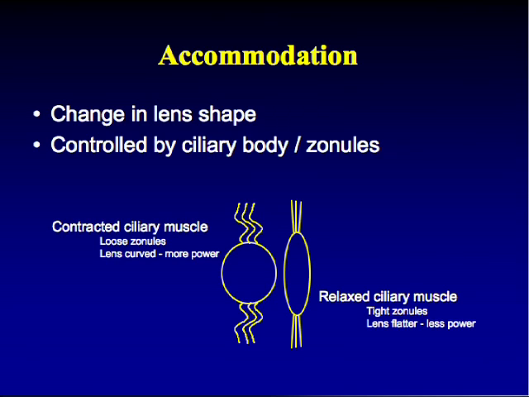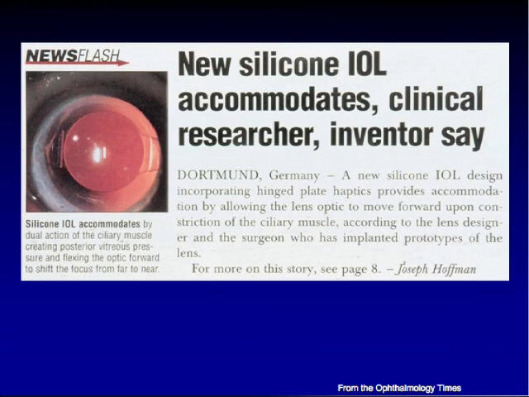That's one way to gain accommodation. Now, there is potentially another way to gain accommodation, which we don't use, but some animals do. And there are these accommodating intraocular lenses. The people who invented this must have studied their optics, and they realized about effective lens power. If you could move the lens forward in the eye, you can get more plus power that way